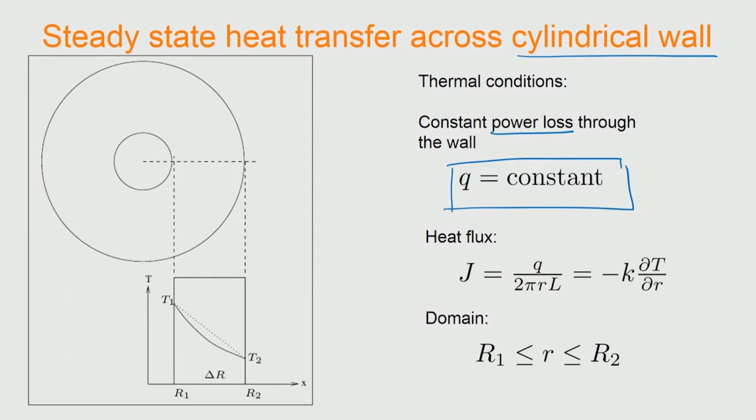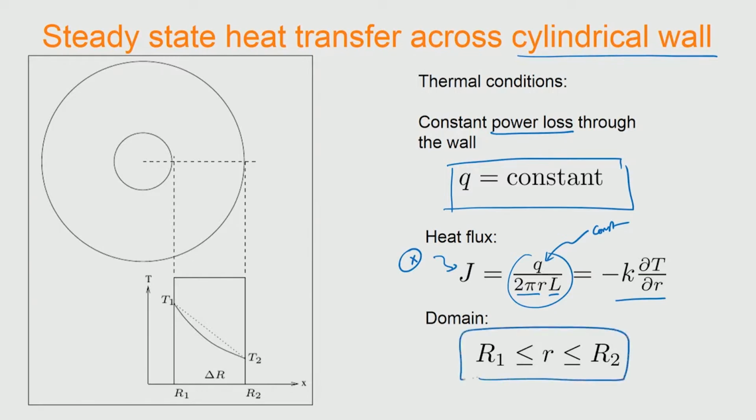And then we already saw that the power loss is q, and the flux is then given by q by area. So, at any r, the cross-sectional area over which the heat flux is happening is given by the perimeter 2 pi r into the height L of the cylindrical surface through which the heat is flowing, and that is equal to minus k dT by dr, and it is q which is constant. This is constant, but not this. Okay, this is not constant. So, this is where the difference between the cylindrical and rectangular coordinate systems will come, and the domain of course